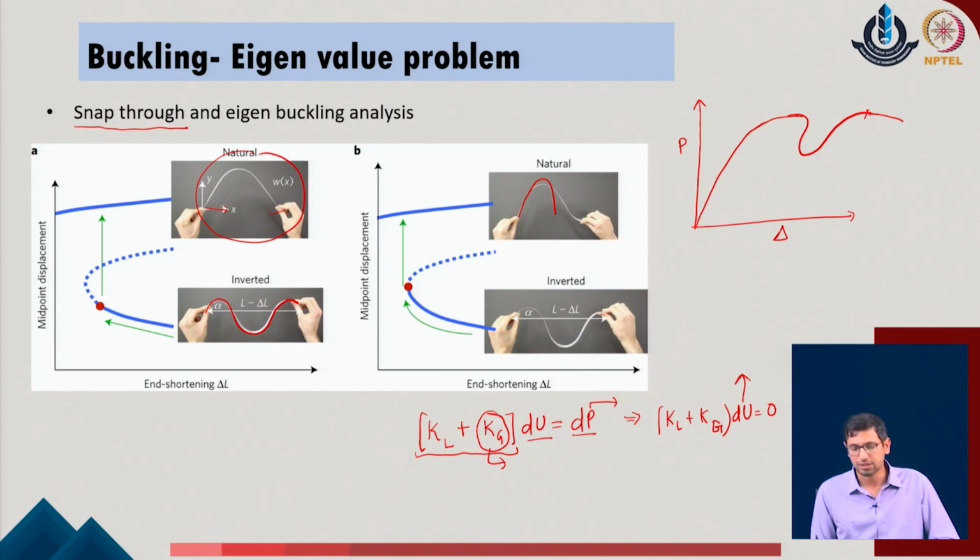This eventually means that the displacement parameter of the given system cannot be 0 all the time, because that is a trivial solution for the given problem. So, the only possibility is that I should put the determinant of this system equal to 0, and that gives us one possibility to define the standard eigenvalue problem. With this part we will try to move ahead, and we will see the various cases of geometrical nonlinearity as well as the buckling analysis of the given system.